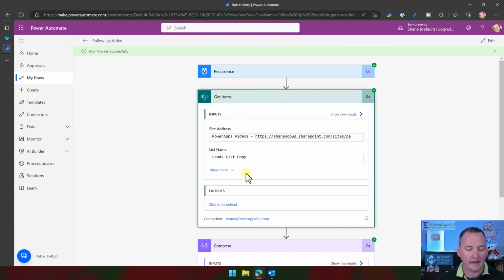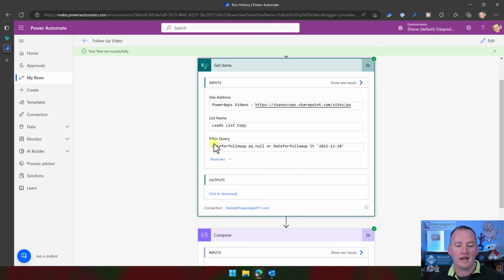Remember, you can expand get items at this point and say show more, and you can check yourself. Date for follow-up, EQ null, or, date for follow-up, LT, 2022-12-18. Today's the 12th, 6 days from the 18th. And notice those single quotes around it. It would not have worked if you had not put those quotes there. But there you go. That finds all the ones that need to be followed up